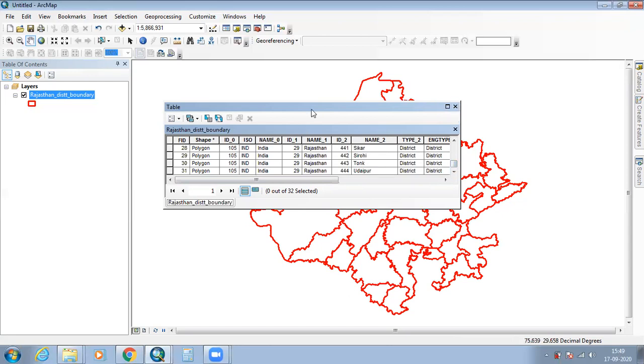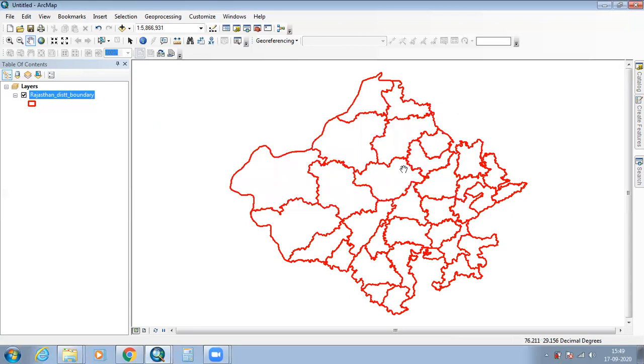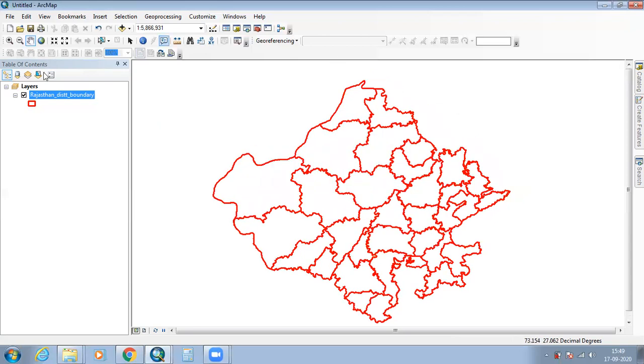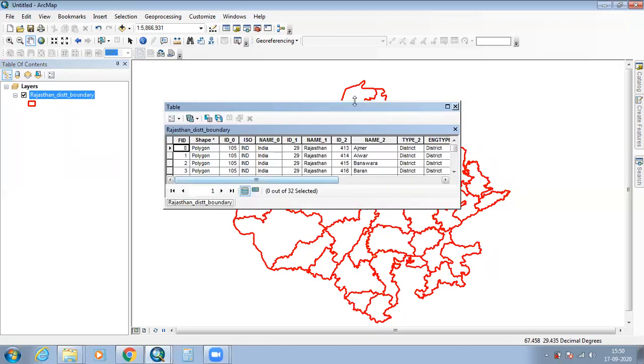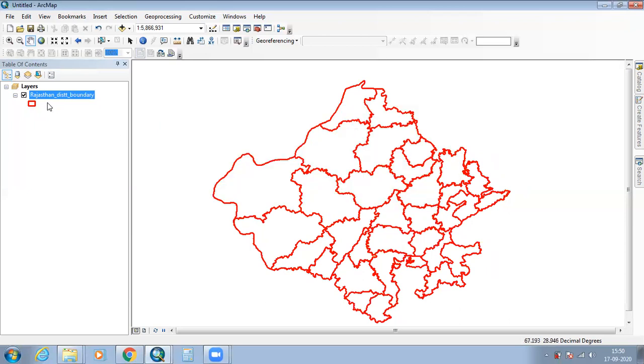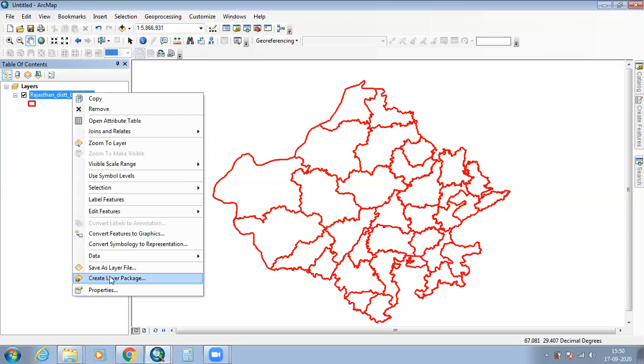So this is the attribute table which describes the features, the spatial data. Here are two kinds of GIS data: the first one is spatial and the second one is non-spatial. So this data is spatial data, and this attribute data is non-spatial data, which represents the spatial data. Right? Next, we can display the name of this boundary layer by just right clicking on it and going to